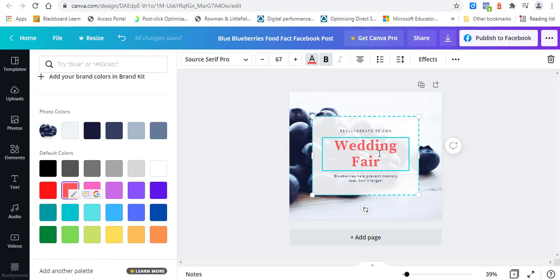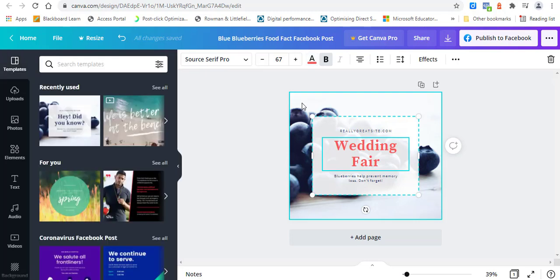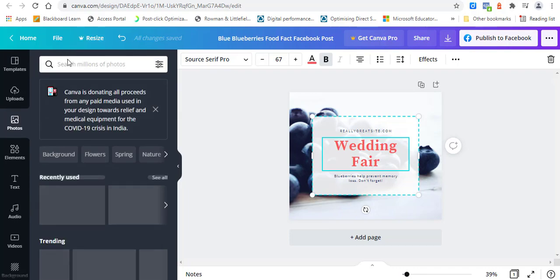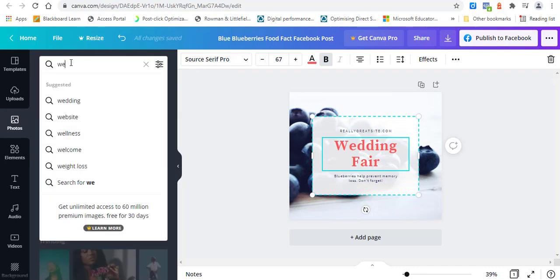And so, you can just make some changes. Again, often these have been designed by designers. So, don't make too many changes because then you're sort of undoing all the good work that the designer has done. And so the next thing I'm going to take a look at doing is changing the background image. So at the moment it's blueberries, which isn't really very relevant. So for example, I could take a look at photographs and I could type in wedding